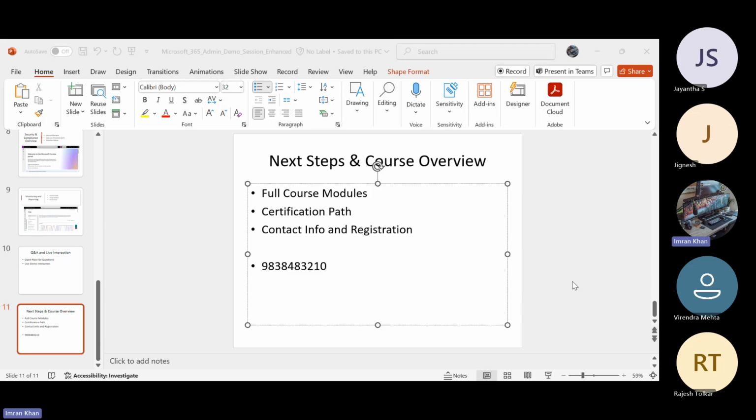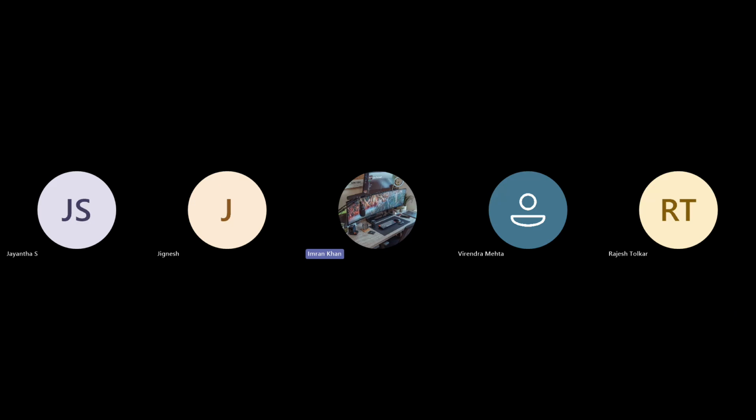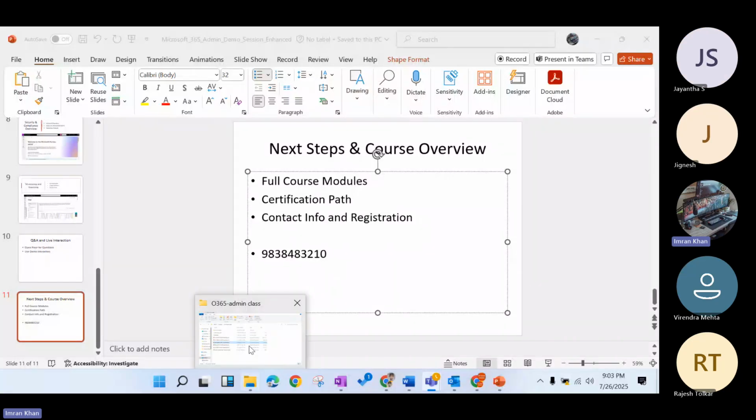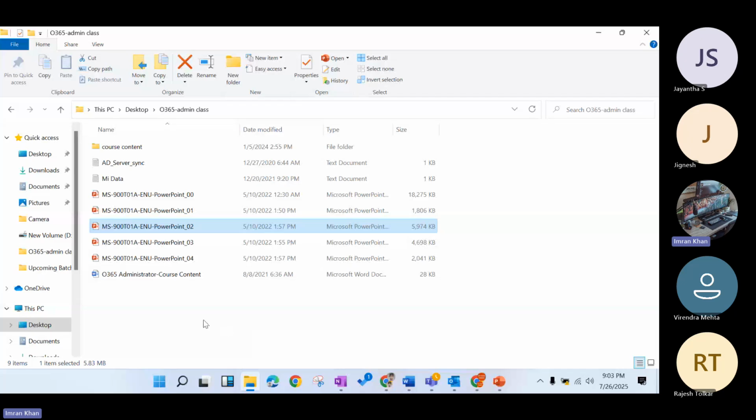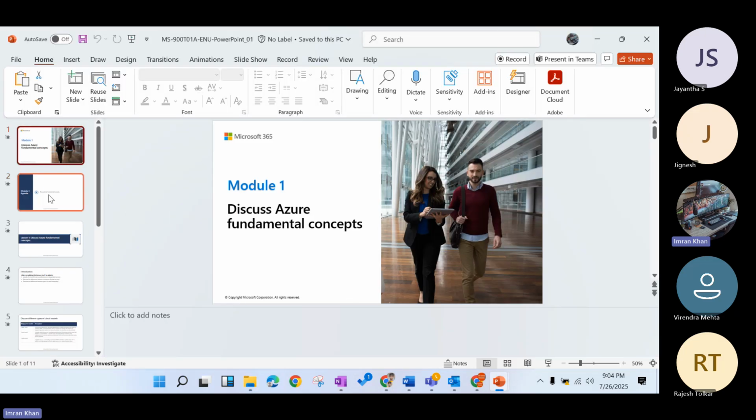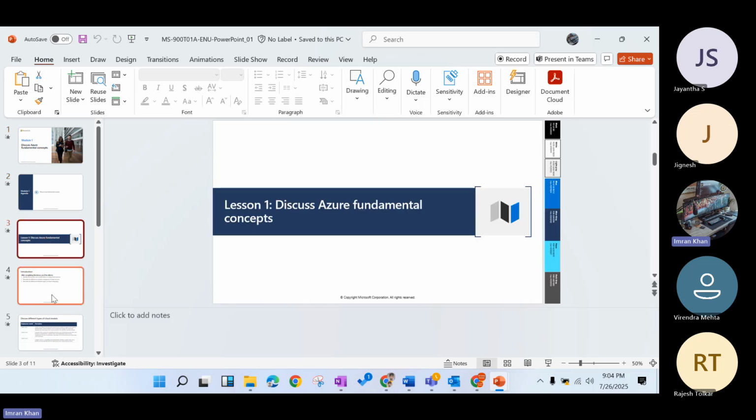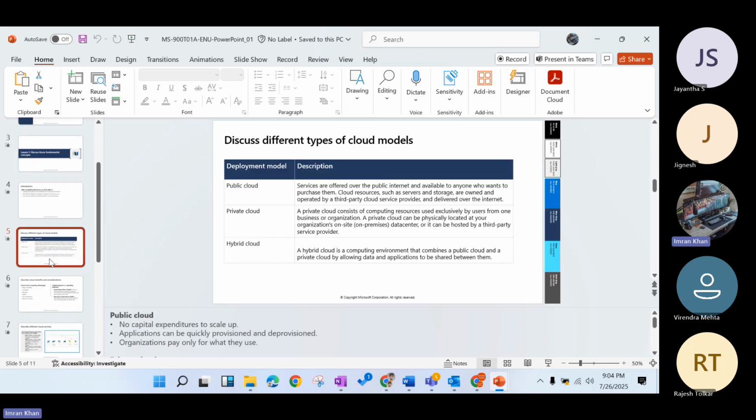And after the course is complete, you can find the videos and multiple Microsoft-related documents and PPTs. I'll just share to show you. One second. Share my screen. Okay, I think you're able to see my screen, right? Yes, I can. These are some Microsoft documents related to Microsoft 365 technologies. You can find them module wise, module one, module two. It's very simple language, so it's easy for you